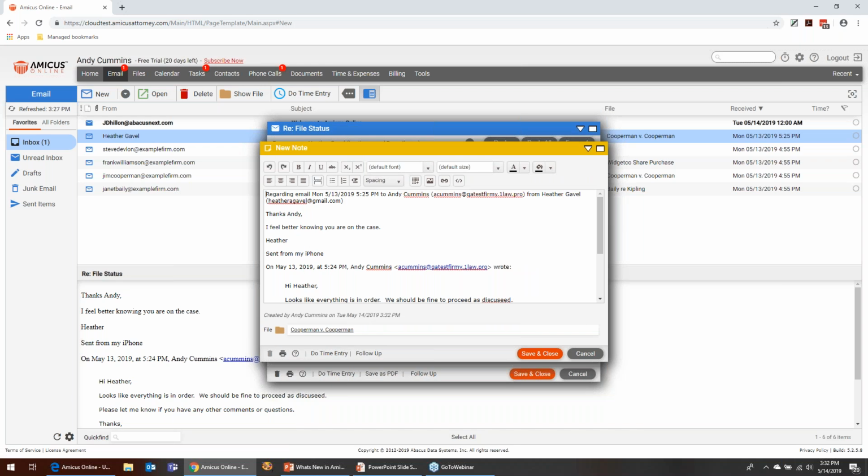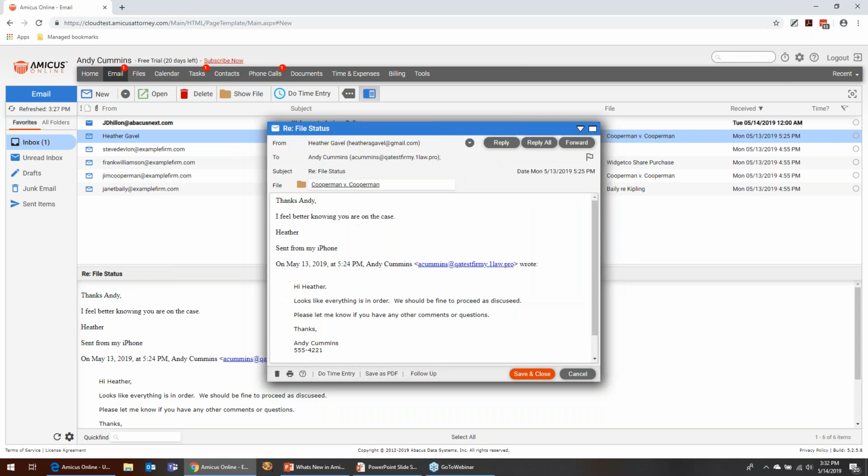If you do that, it's going to extract the details of that email message and put that into the note. It's tied to the appropriate file, and you simply click Save and Close, and that note has been recorded. But of course, maybe you wanted to schedule a follow-up appointment. So we'll schedule an appointment here,